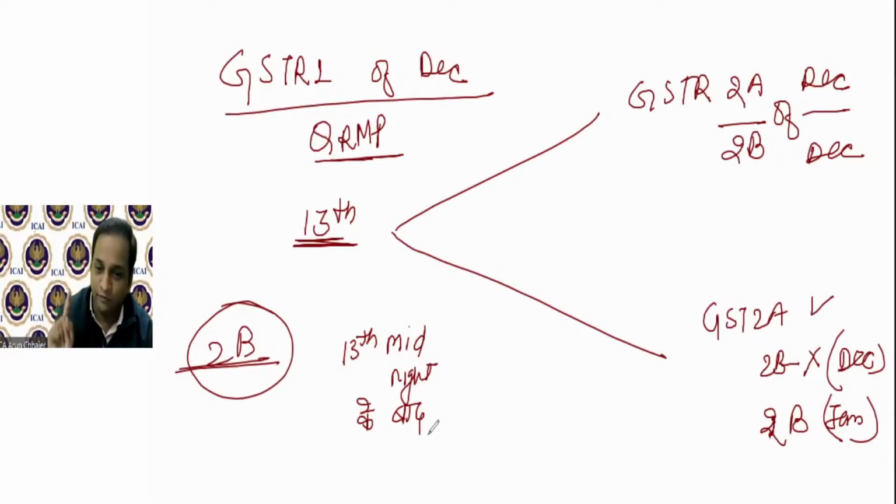यहां तक जो discussion है वो clear हुआ? 2A और 2B में क्या difference है? Everyone kindly give me the confirmation. Due date of the GSTR 1 for QRMP is 13, 22 और 24 3B की due date है in case of QRMP।